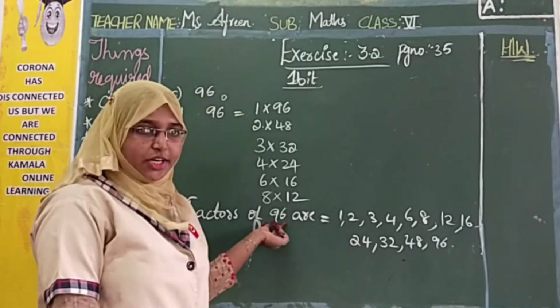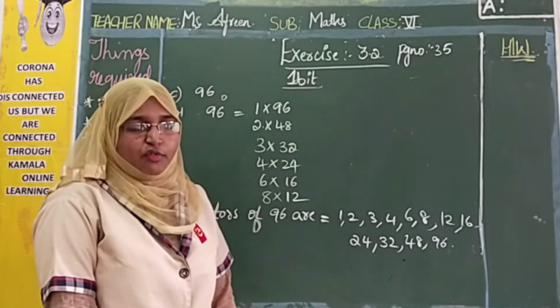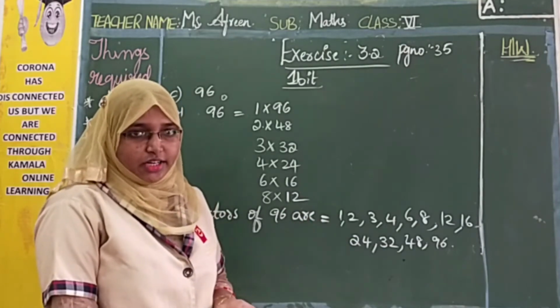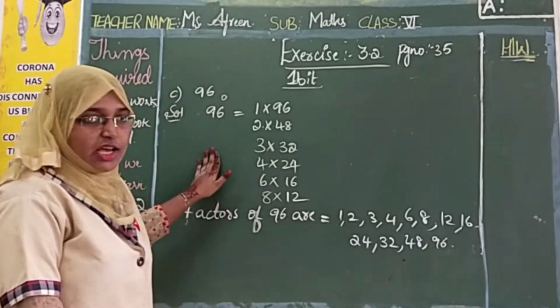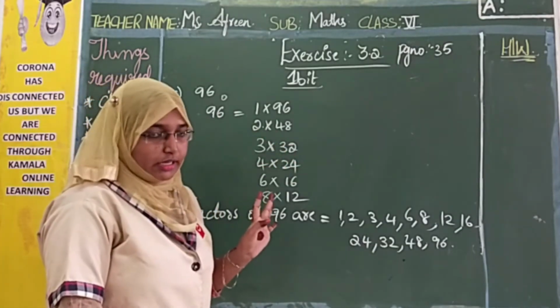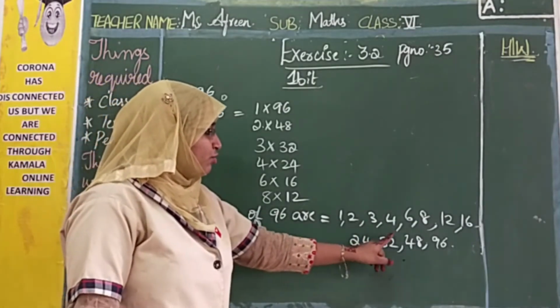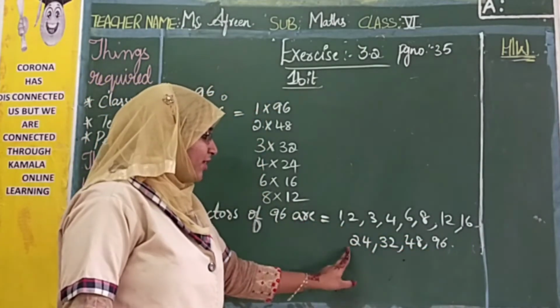Because this was the highest number that has been given, the rest are very small. That is 36. One table will go, 6 table it will go, right? So you can easily find. You can use your divisibility rules to check whether the number is divisible or not. Now these factors of 96 are 1, 2, 3, 4, 6, 8, 12, 16, 24, 32,